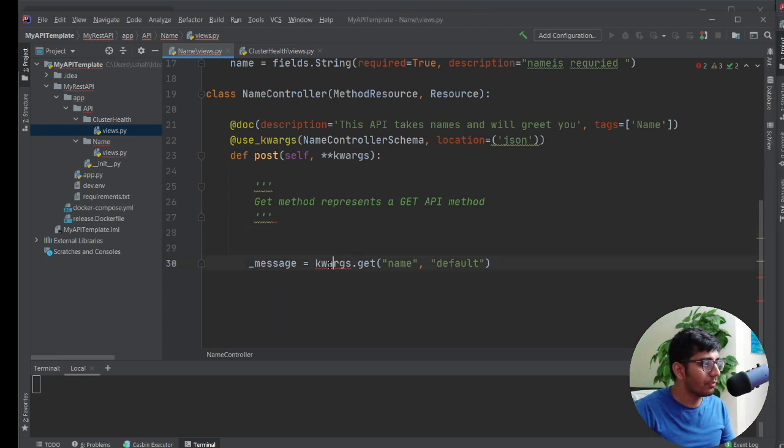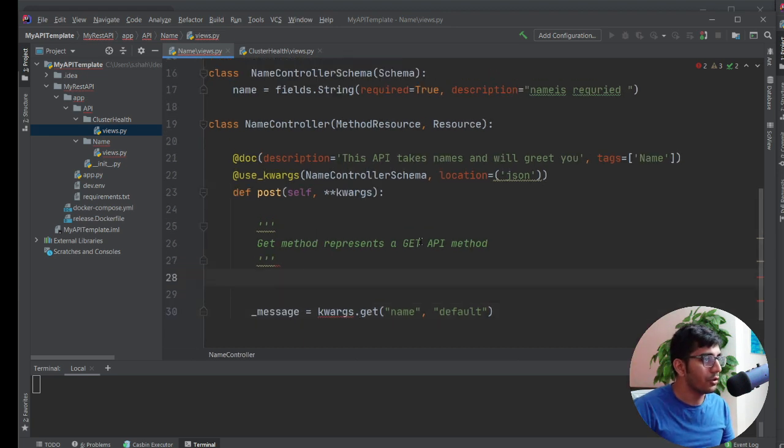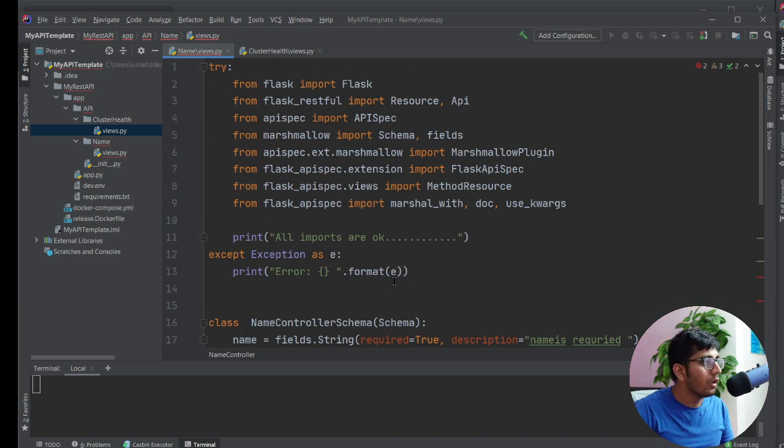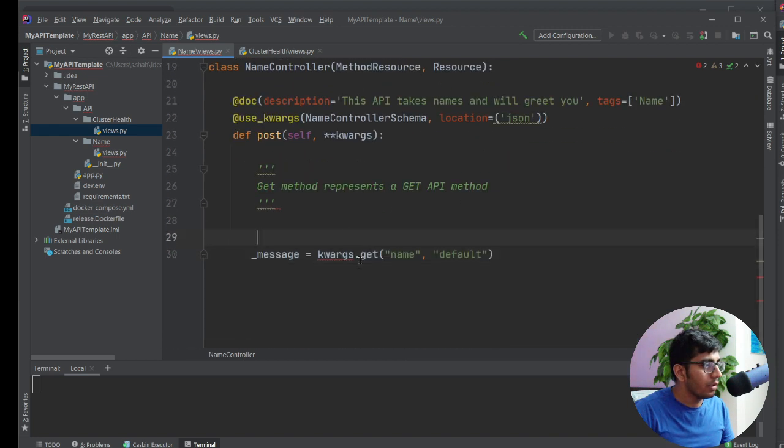I think my IntelliSense is complaining, and let's see why. The error should go away, hopefully. Let's hover our mouse over this and see why it's complaining. Seems like my IntelliSense is still complaining.